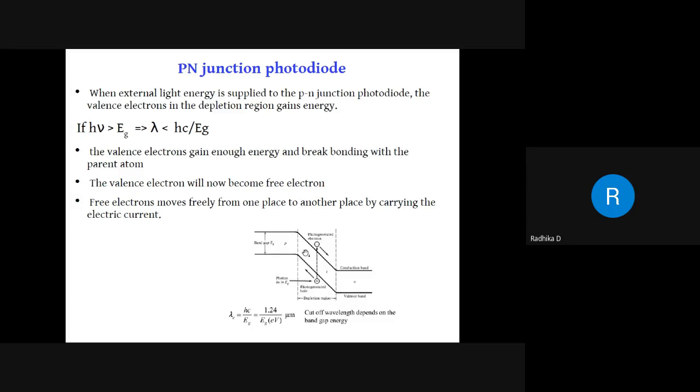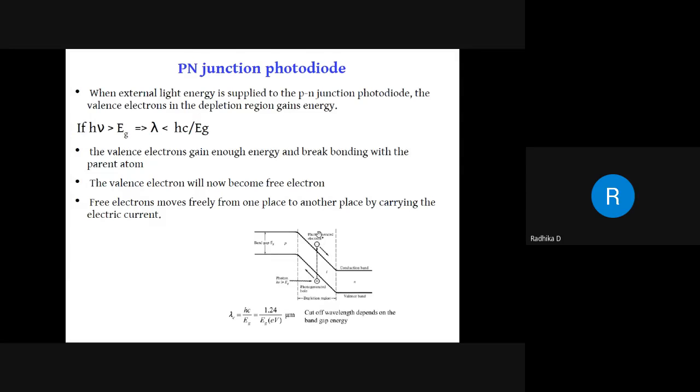Suppose band gap is like 5 electron volt, sorry, 5 will be too much. Say 3 electron volt. Suppose band gap is around 3 electron volt, and the light coming in produces only 1 electron volt, then that 1 electron volt is not sufficient for the valence electron to go to the conduction band. So if it is a 3 electron volt band gap, the applied light energy should be more than 3 electron volt. That means the energy of the photon should be more than the band gap energy of the